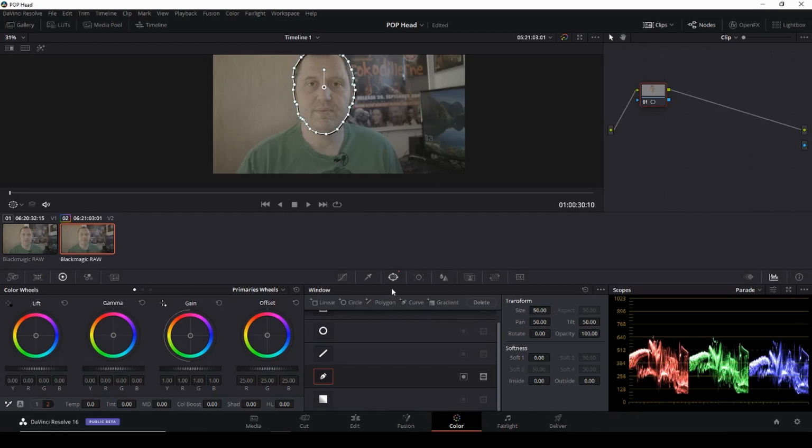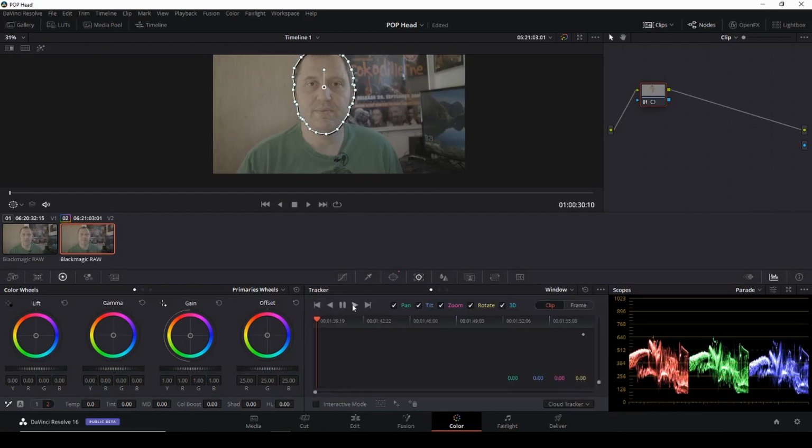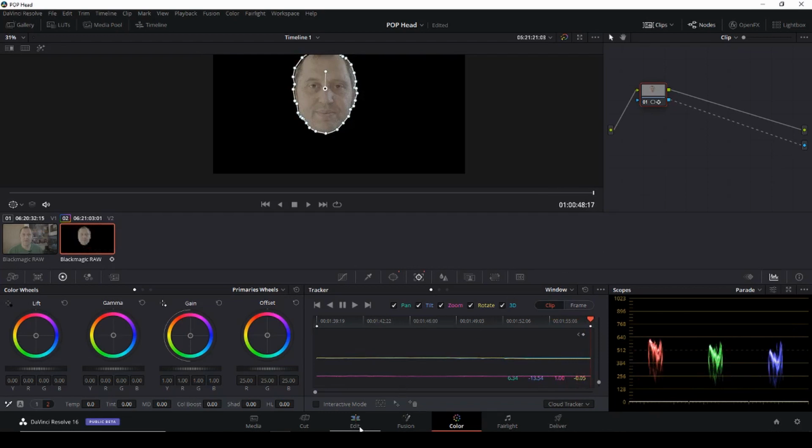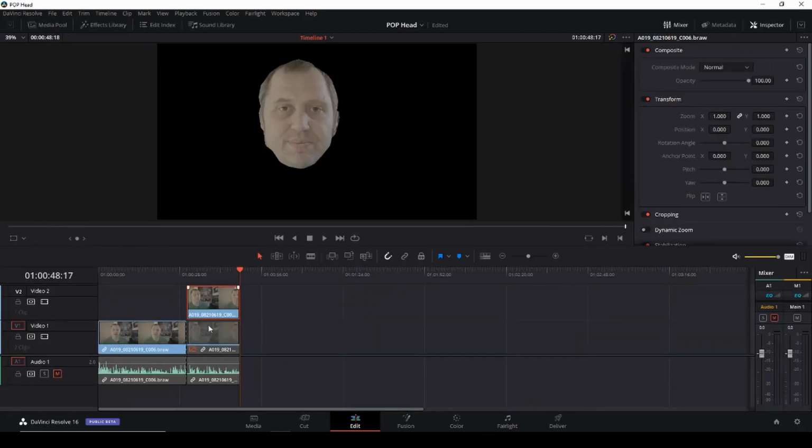But first off, let's just track the clip. Again, the tracker in DaVinci Resolve is fast and pretty darn good in my opinion. So there we have it. I'm not moving too much either. So again, connect the blue dots, and now we have this, and then we'll go back to the edit page